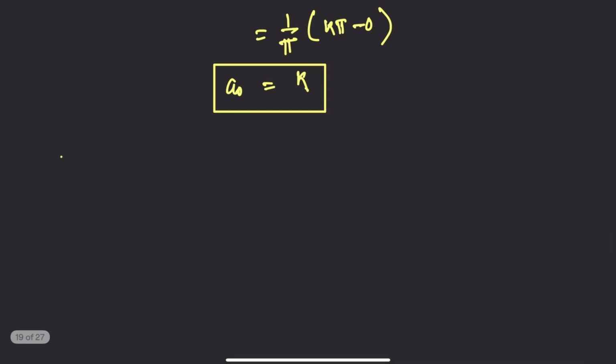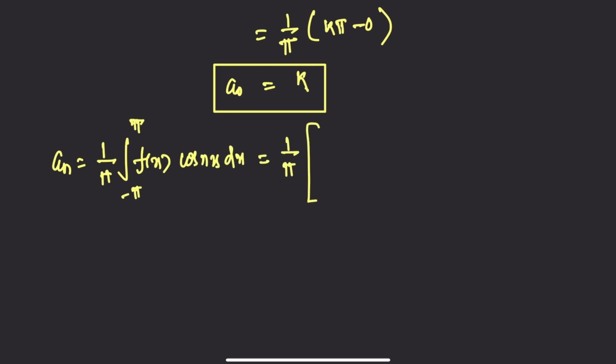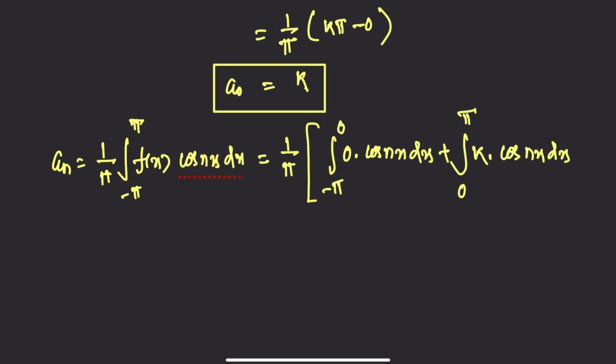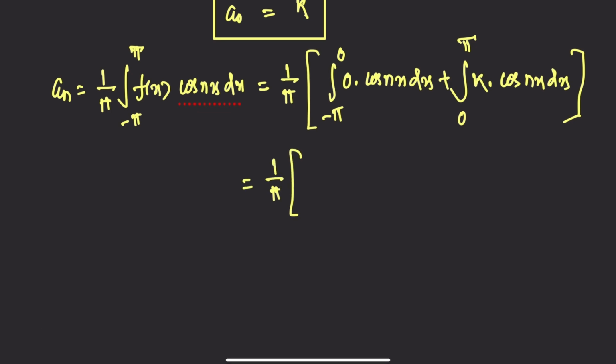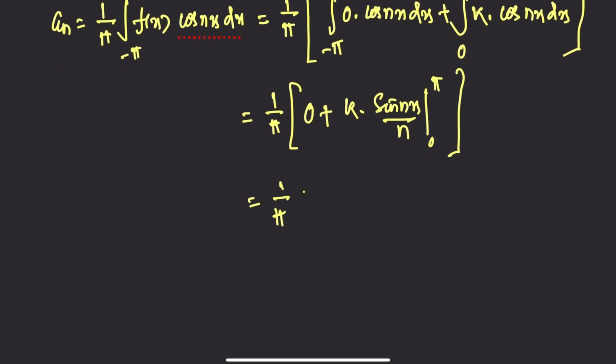Euler's formula for an is... here the sine function is 0 for both upper limit and lower limit. So the Fourier coefficient an becomes 0. Okay,